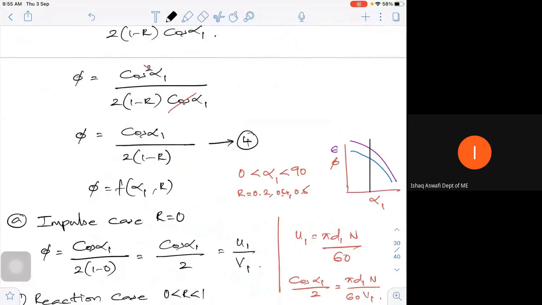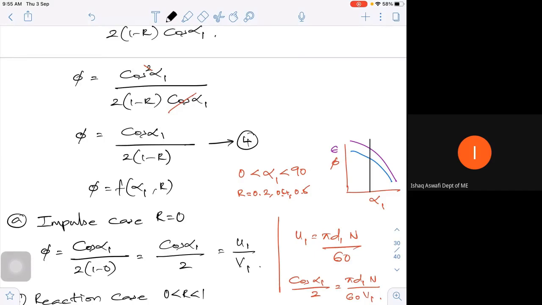When you have both the expressions, I can plot it. If you want to check this, alpha 1 is the same. You can use Microsoft Excel or write a code. Take a given value of alpha 1 or a given value of r, plot it and try to superimpose your speed ratio curve and your rotation curve. You will see something like this. Both are not parallel, don't think that both are parallel.